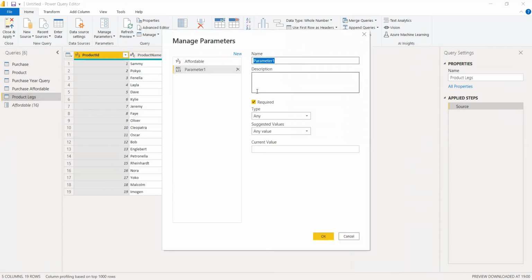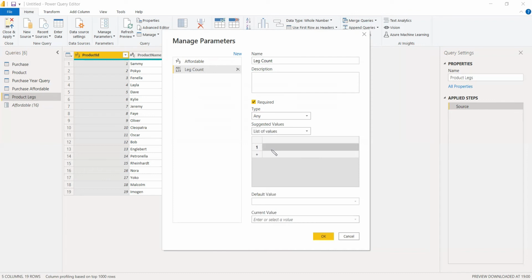and give it the name leg count. And this is an integer type; you can also give Any. And here you can give the list of values. The list starts from 0 and then 1, 2, 3, 4, 5, and one more, 6.